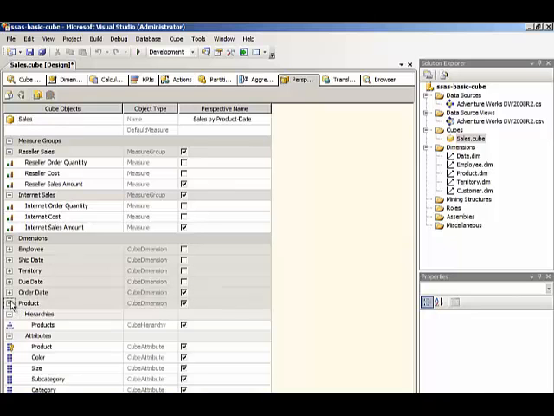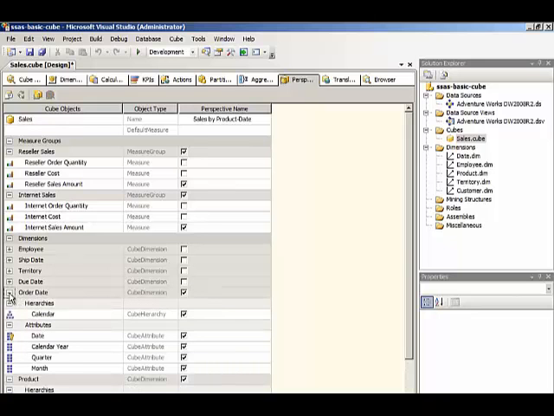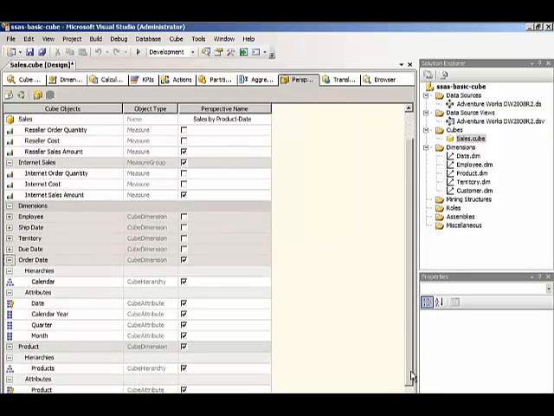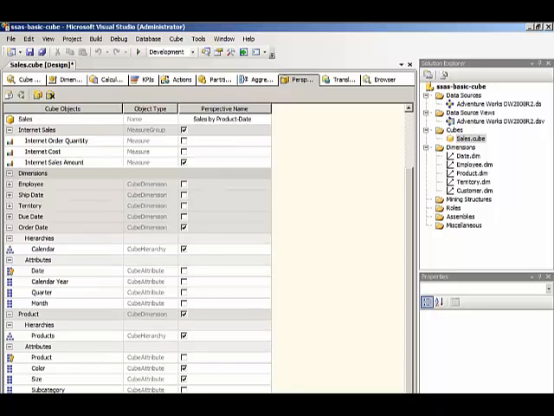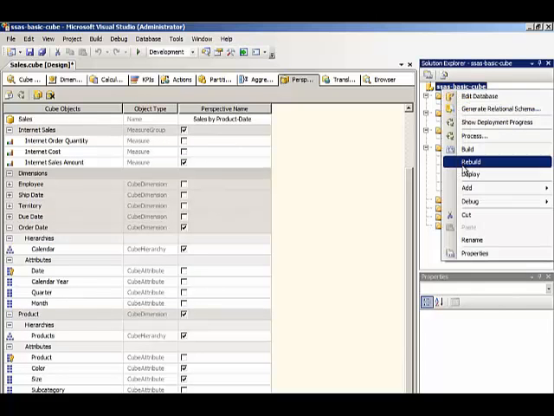When I expand an individual dimension, I can see the various hierarchies as well as the individual attributes, and so I can choose to include only certain hierarchies or only certain attributes, like so. When I've finished making my selections, we can test the perspective by deploying our project,